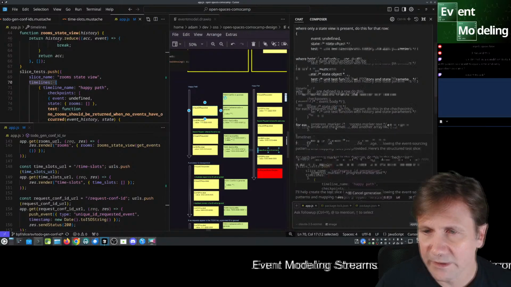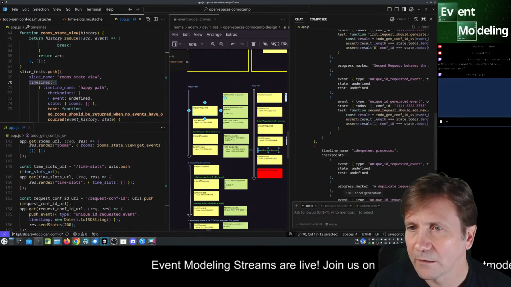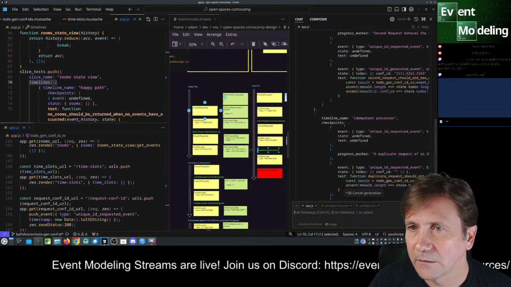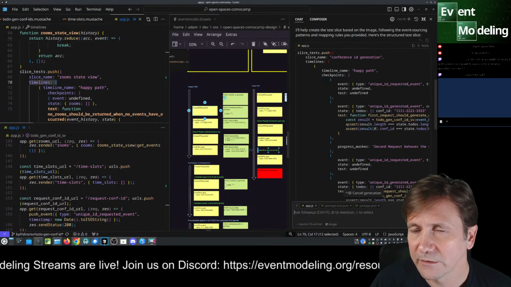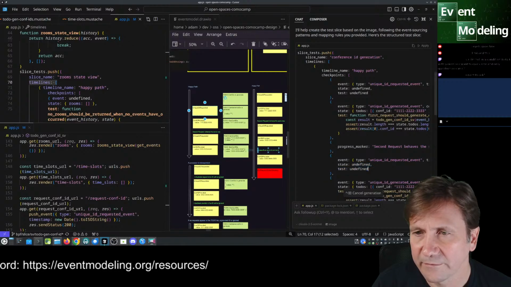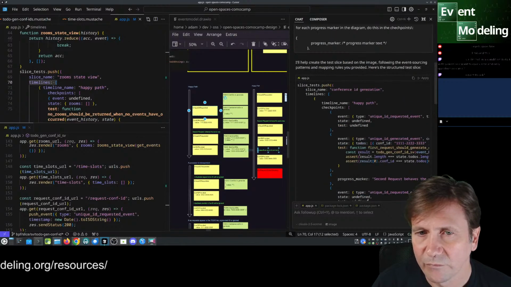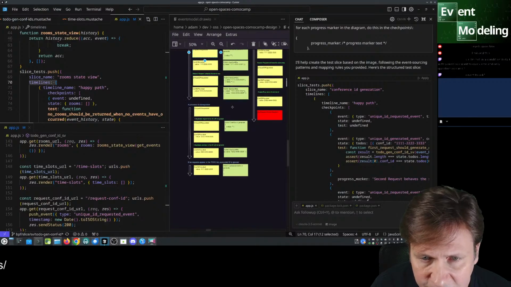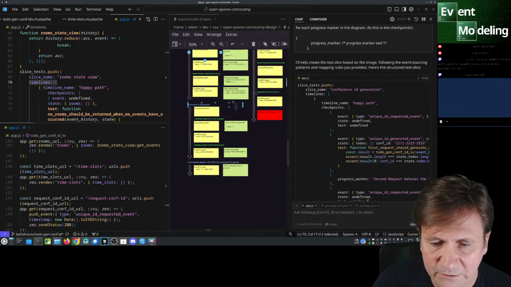It kind of already gave me that. Let's see if it did this. Yeah, this is bad. This is not good. I'm wondering if these are too close. I had to squeeze them in.